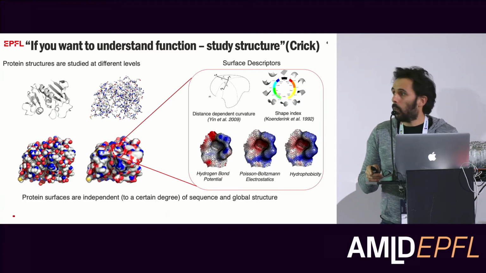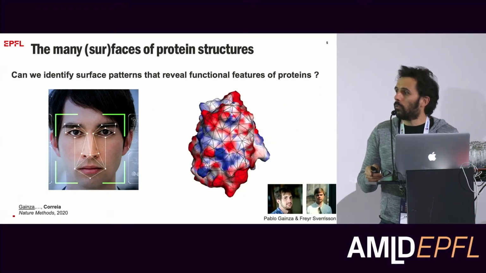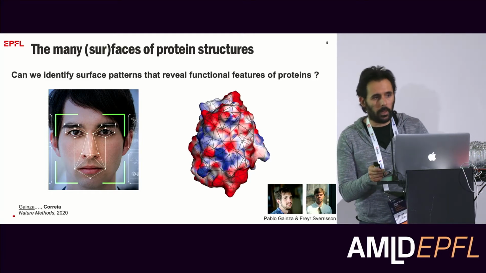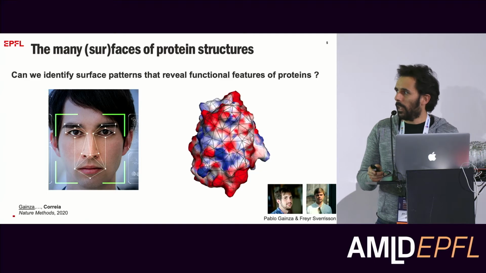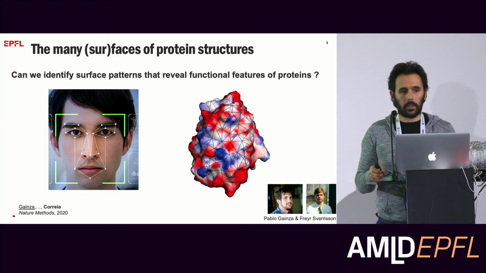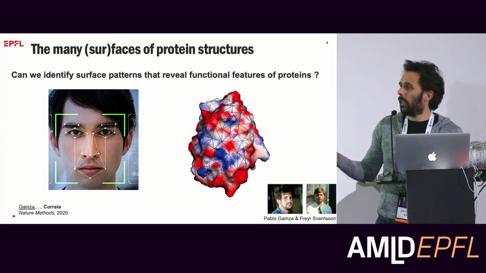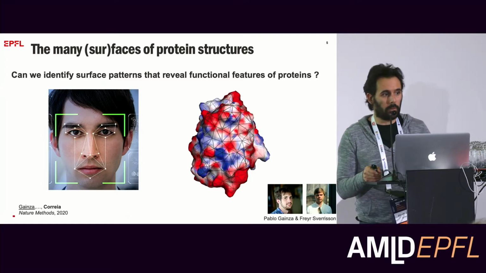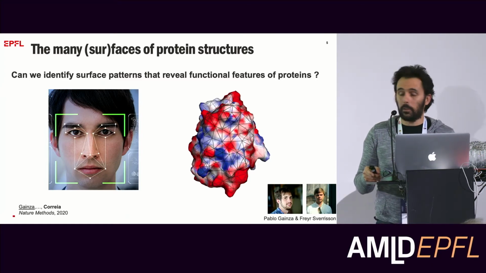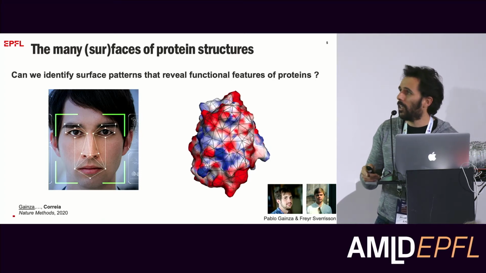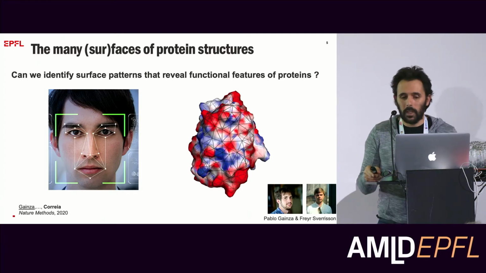And so the question that really drove what we wanted to ask was: let's say that we have these molecules. Now we can describe them as protein surfaces. Can we actually identify surface patterns in these molecules that tell us about the biological function that these molecules carry in cells? I like to do the analogy of when you start learning features on people's faces, which can basically tell you where they come from, how they are feeling that day. That's basically what we wanted to learn also about these molecules.